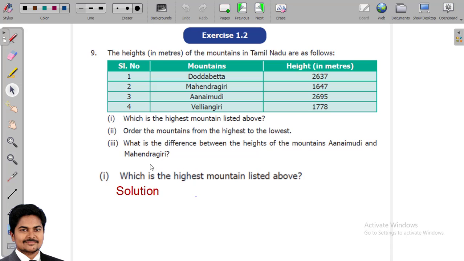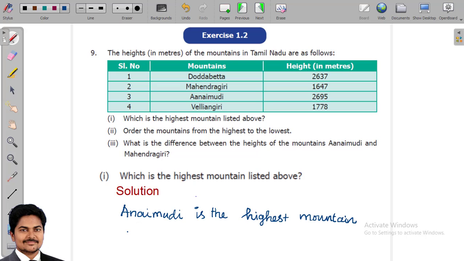The first question is, which is the highest mountain listed above? Look at these 4 numbers. All these numbers have 4 digits. Compare the leftmost digits. We find 2 is the biggest one. So when comparing these 2 numbers, the next numbers are also same. And looking at the next numbers, 9 is greater than 3. So 2695 is the greatest number. So the corresponding mountain is Anaimudi. So which is the highest mountain listed above? Anaimudi is the highest mountain